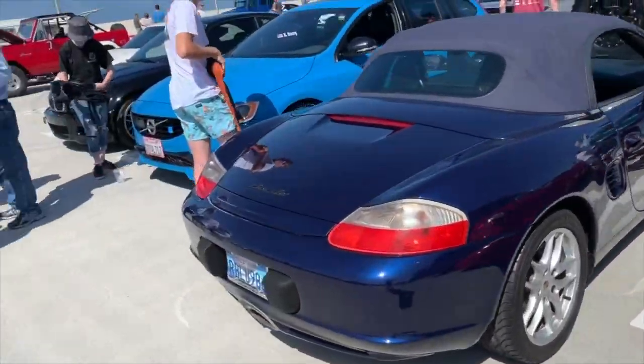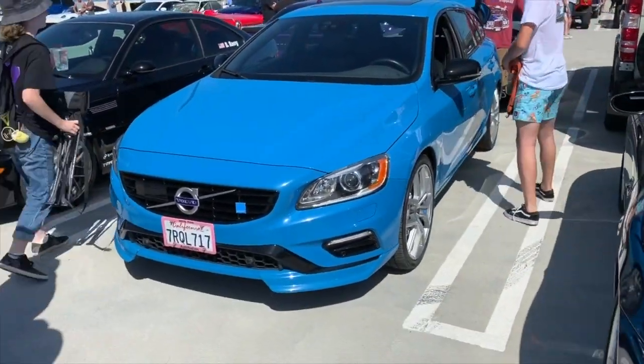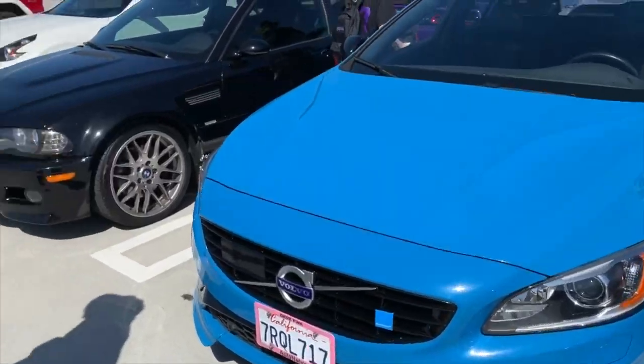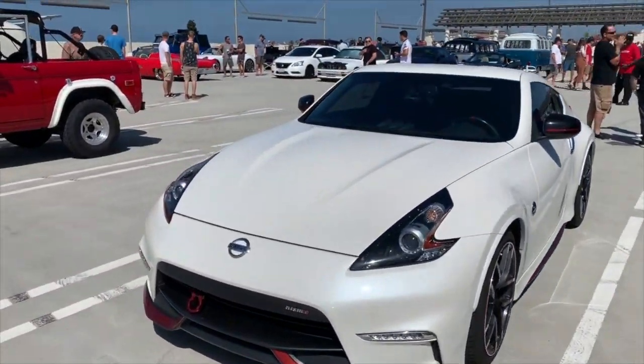Boxster, another Boxster there. A Polestar Volvo. Don't see a lot of these around. Very cool. They're a quick little car. I managed to drive one a few years ago. Really impressive. BMW, Nissan,